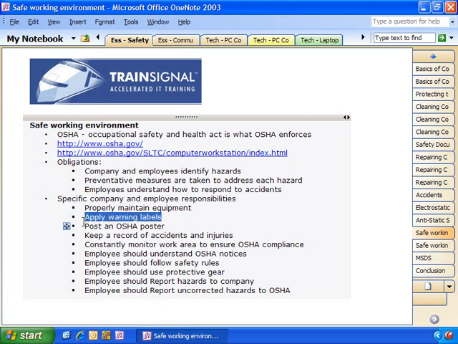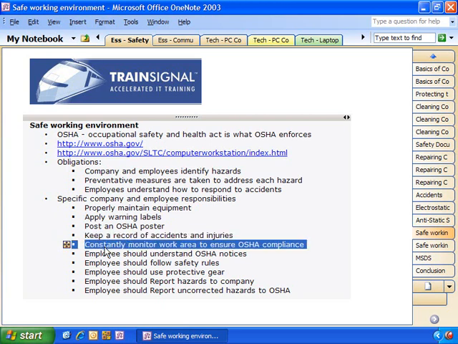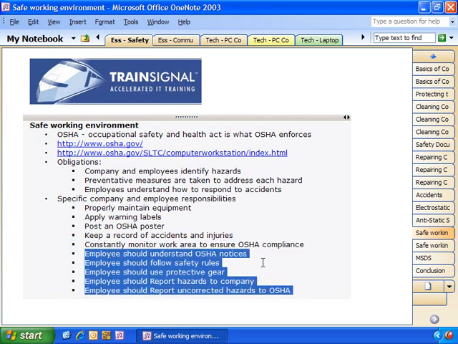Warning labels should be applied. An OSHA poster should be posted. A record of accidents or injuries should be kept. You should constantly monitor the work area to ensure OSHA compliance. Employees should understand OSHA notices, follow safety rules, use protective gear, report hazards to the company, and report uncorrected hazards